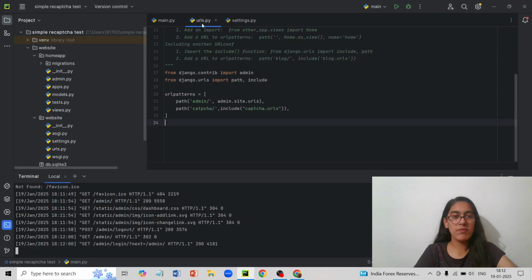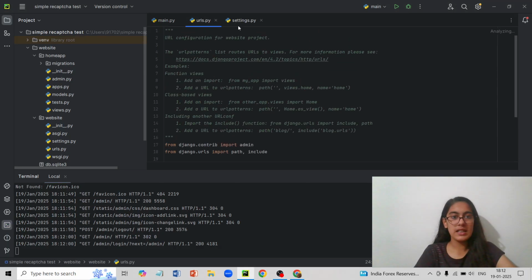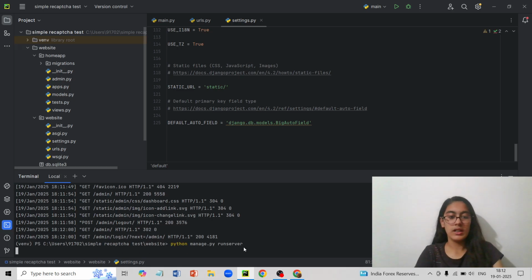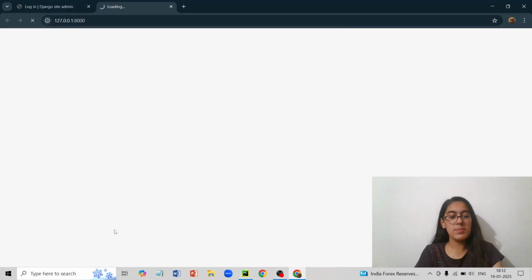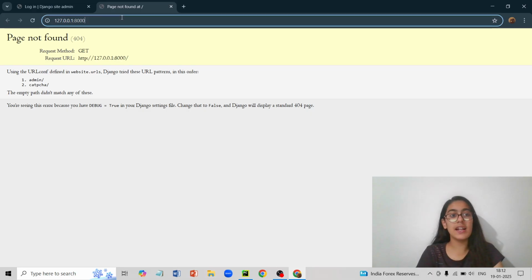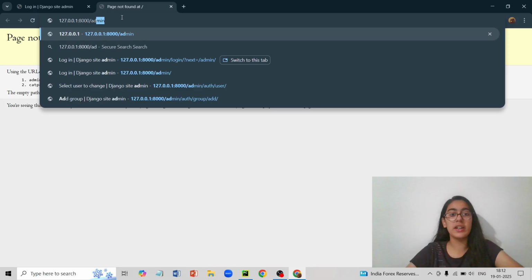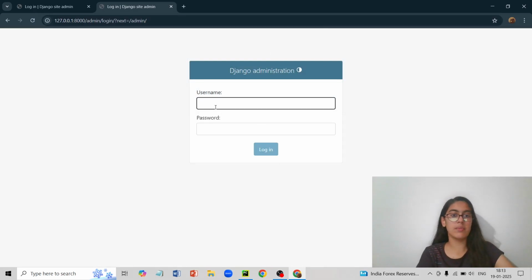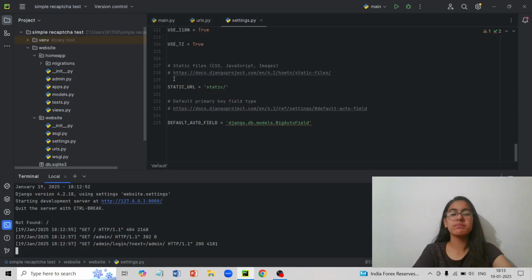So here I have my code in URLs and then in settings, and when I open it using our main command, which is python manage.py runserver, I get this link over here. When I click on this link, I will be opening my very own site, and then I put in slash admin, of course, because we're doing admin CAPTCHA. So when I put in admin, I get my own Django administration username and password. So I'm going to show you how to make this.